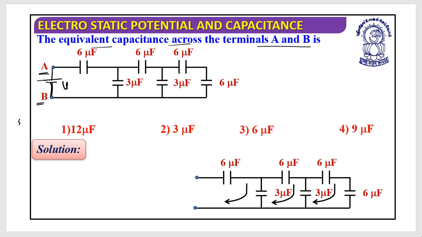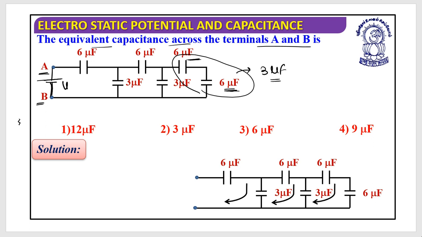So when this kind of network is provided, you need to start your work from the very far end stages of the circuit. What I mean by the far end stages is that you need to start with this. So let's look. These two capacitors are in what? In series. I hope these things are clear to you. So this is 6 microfarad, this is 6 microfarad. When two capacitors are connected in series, this 6 and 6 would give me a 3 microfarad. I hope it is clear.